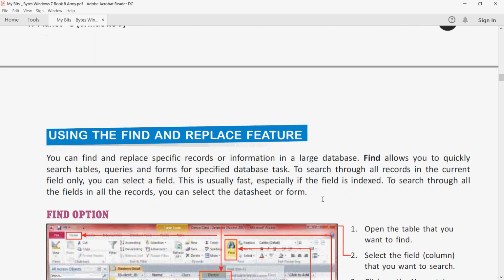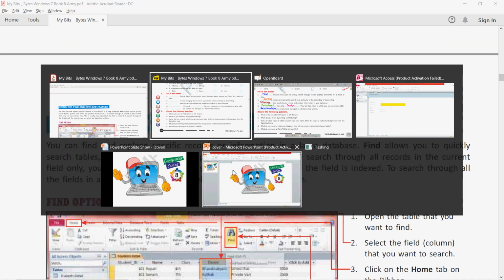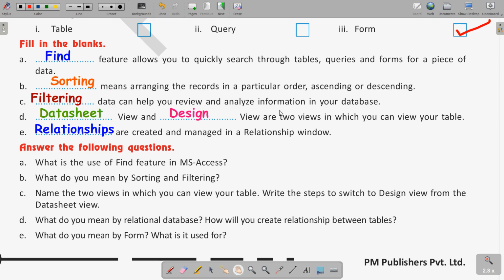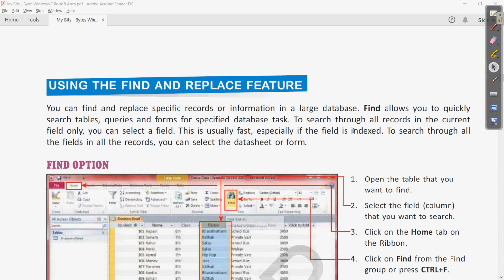So yes, it is here on page number 30, you can see. Let me take the marker as well. Here we are. The question is about the find feature, what is the use of find.